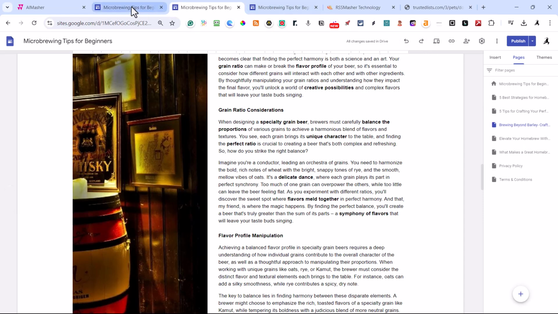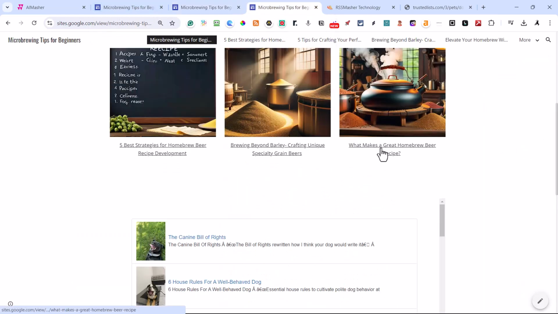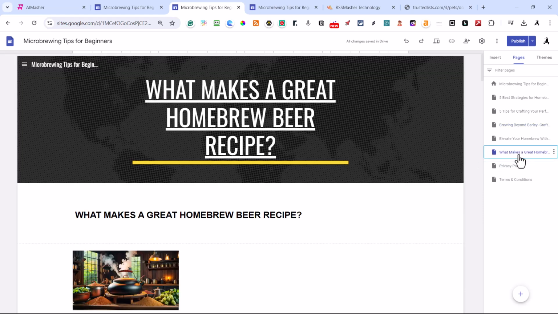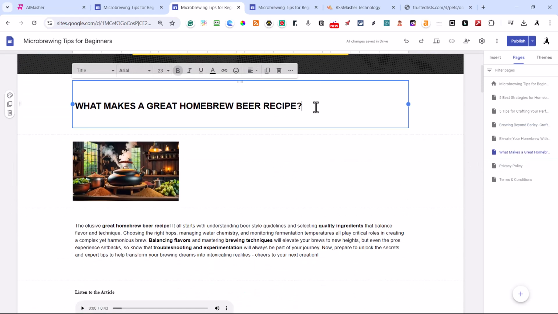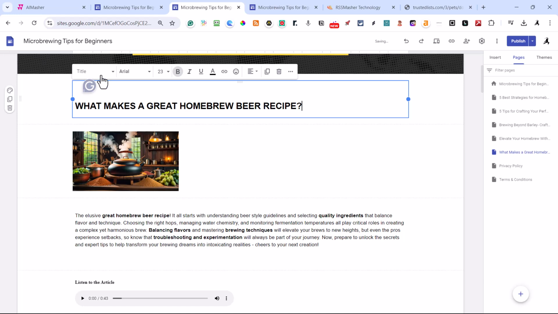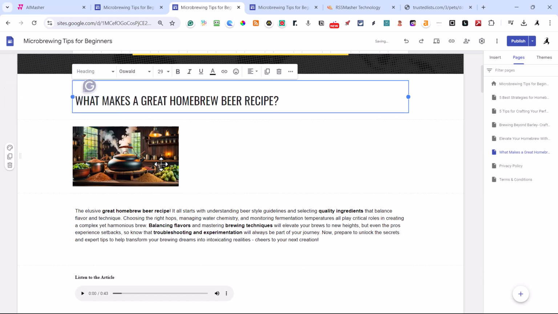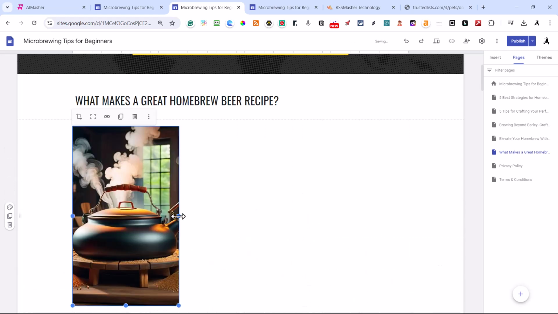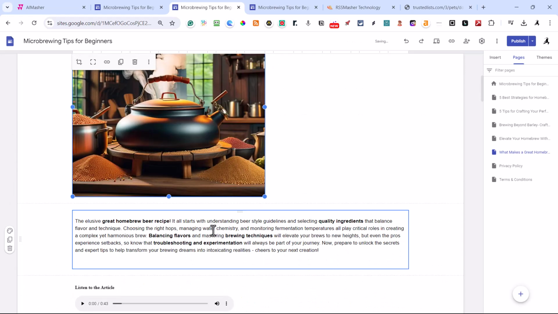So our next one was going to be, what was the other one? What makes a great homebrew? And I'll do this one really quick. What makes a great homebrew? Change it to a heading. And this one, I'm going to do that, just to give it a little variety.